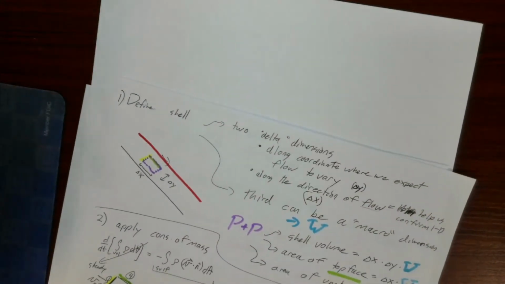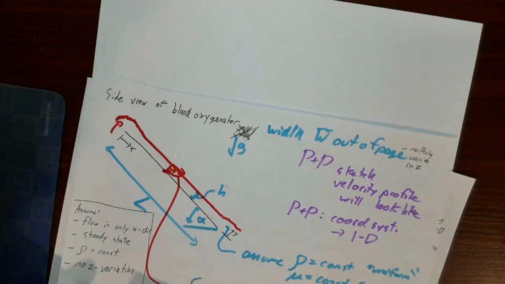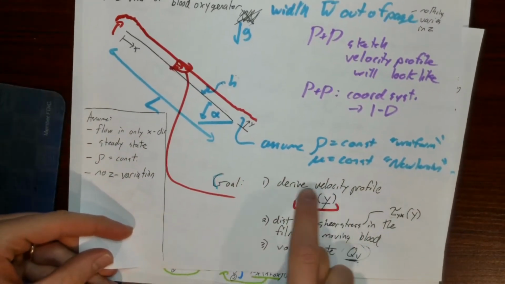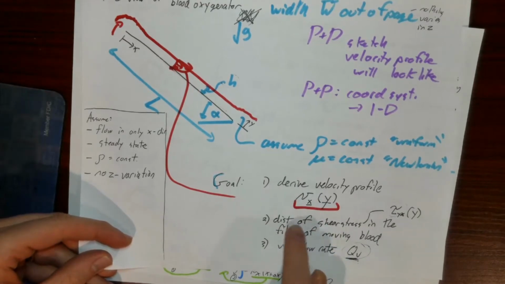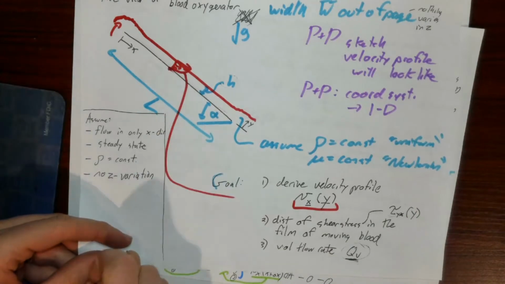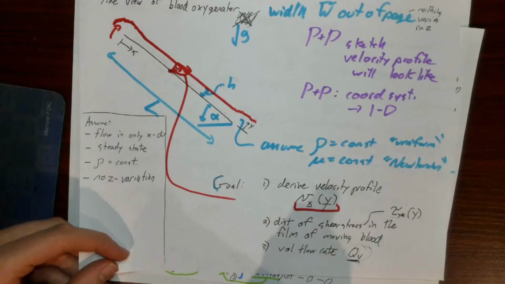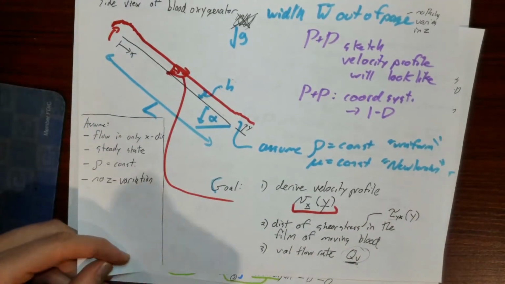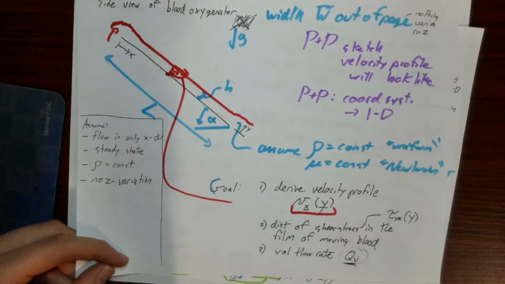So what are we going to do for the rest of this lecture? Well, we're going to eventually get to our ultimate goal of deriving a velocity profile, x velocity as a function of y. Then once we have this velocity profile, we'll figure out the shear stress distribution within this fluid, right? Shear stress is important for determining whether the blood is damaged by the flow through the oxygenator. And we'll also be able to determine the volumetric flow rate as a function of some of these